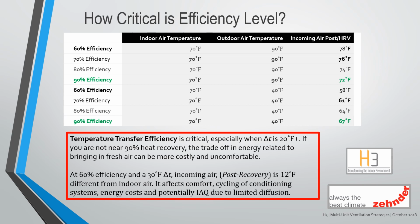What we don't necessarily consider are the effects of unlike air temperatures and their ability to diffuse readily. If we have a 40-degree day in winter and we have a 70-degree interior temperature, the delta T is 30 degrees. If our unit provides 90% efficiency, air is returned at 67 degrees. With a 3-degree difference, the air streams readily diffuse, creating comfort, enhancing indoor air quality, saving energy, and reducing cycling